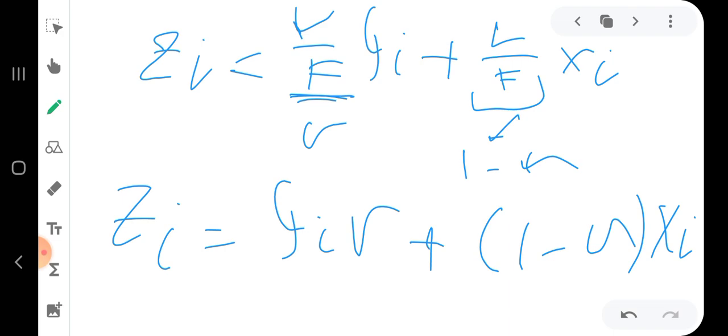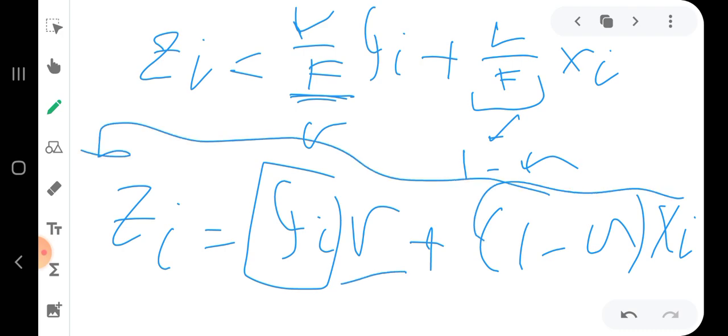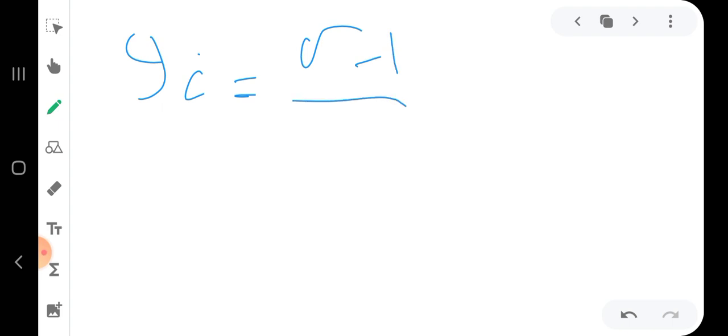Okay, so if we want to rearrange this equation to get the composition of the vapor phase on one side and the other on the other side, we're going to move this here and divide by this on both sides, so we will end up with this relation, which is YI is equal to (nu minus 1) over nu times XI